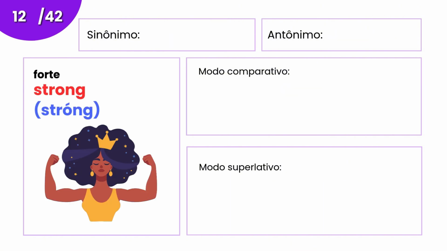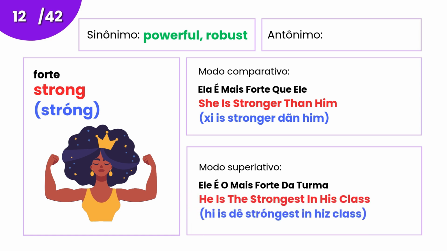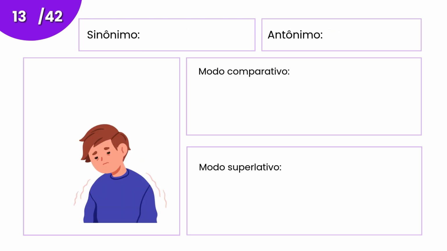Strong, powerful, robust. She is stronger than him. He is the strongest in his class. Opposite, weak, weak,